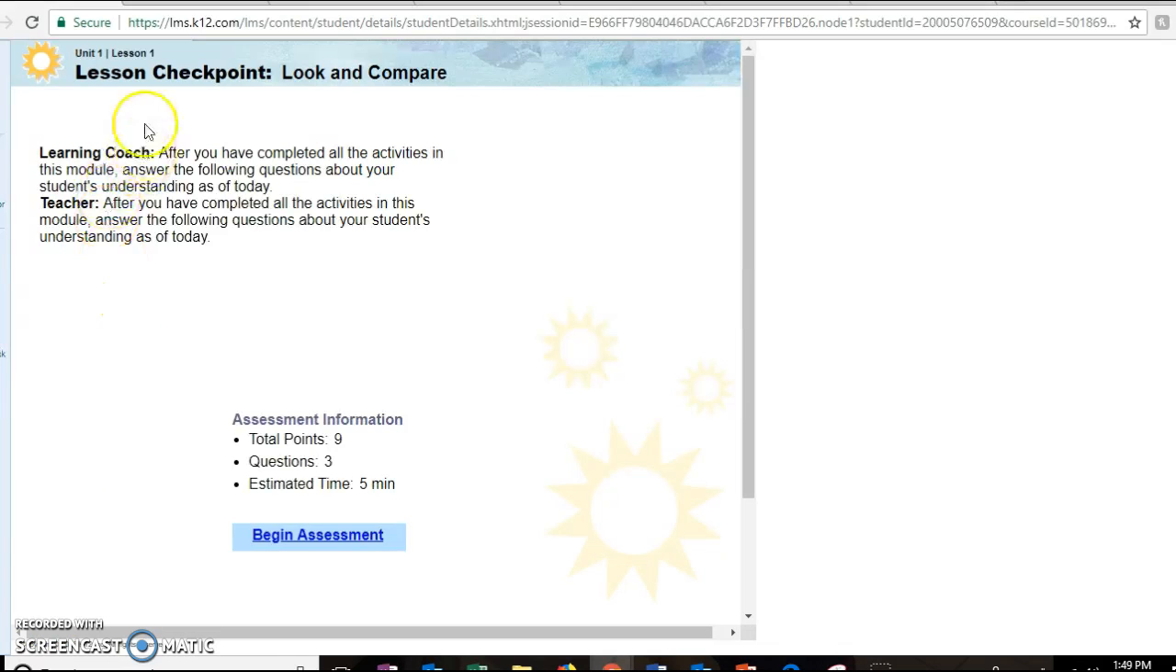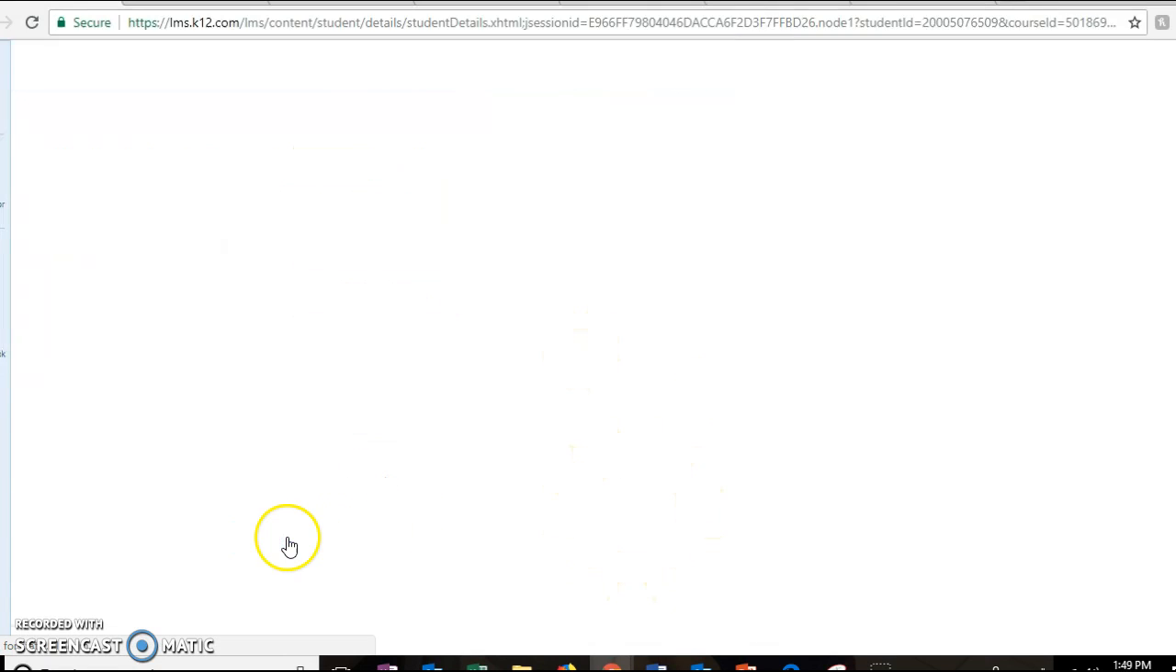And then we take the assessment for Unit 1, Lesson 1 in Science. It's called Look and Compare. So we begin the assessment. Notice there are only 3 questions. Estimated time is 5 minutes. I would say it probably will take you less than that. And